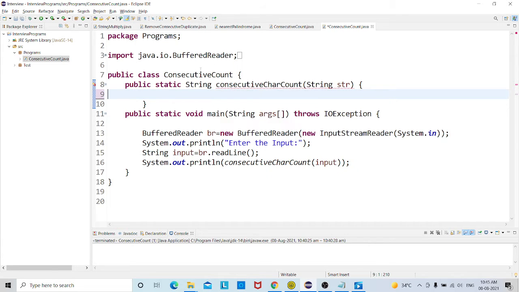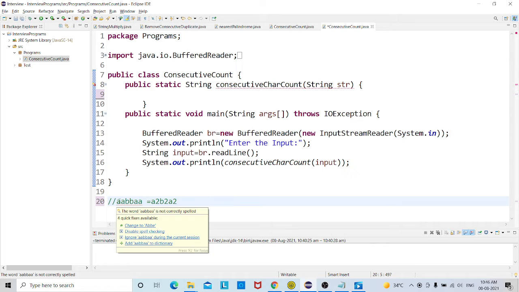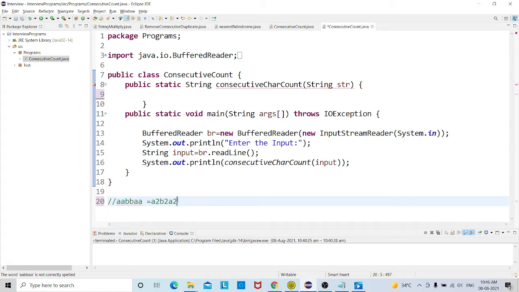For example, if I give the input A, B, B, A, the output is A1, B2, A1. So we need to find the consecutive character occurrences and add that count. If A comes again, the output should be A3. We will see the logic here and how to build it.